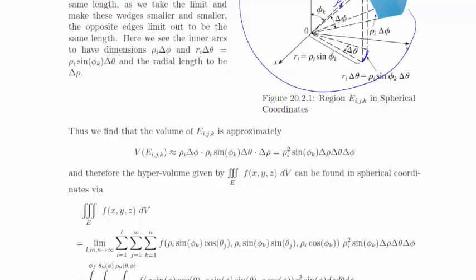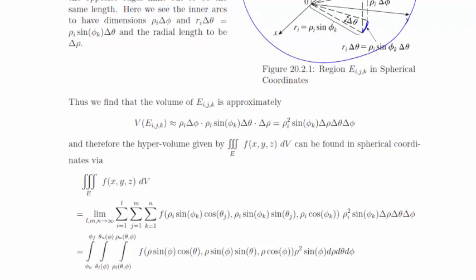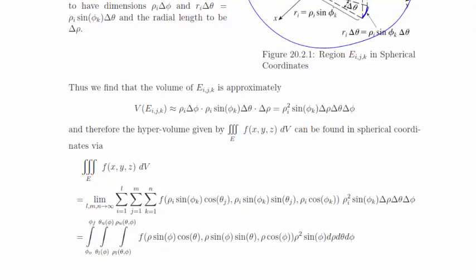The triple integral over the region E of f of x, y, z dV equals the limit as L, M, and N go to infinity of the sum of i equals 1 to L, the sum of j equals 1 to M, the sum of k equals 1 to N of f of rho sub I sine of phi sub k times cosine of theta sub j, rho sub I sine of phi sub k sine of theta sub j, rho sub I times cosine of phi sub k, times rho sub I squared sine of phi sub k times delta rho delta theta delta phi,